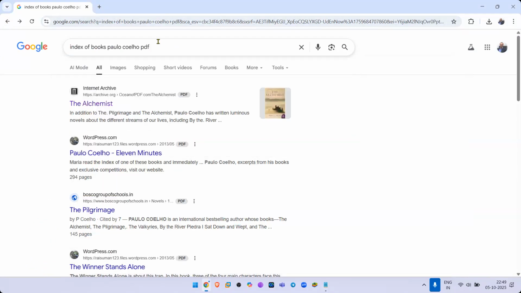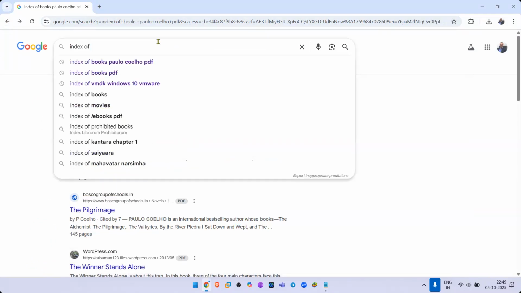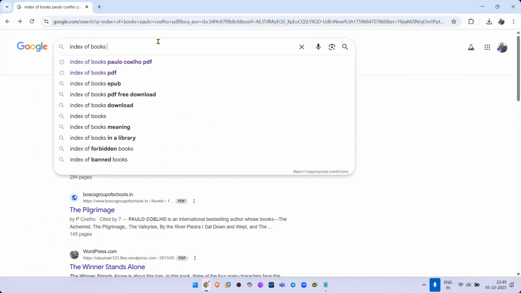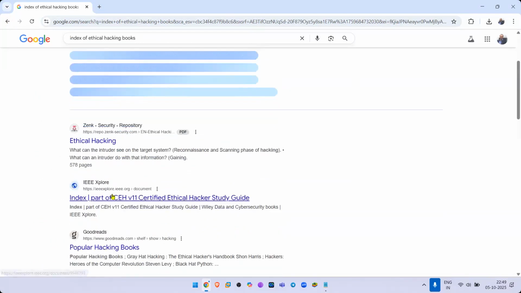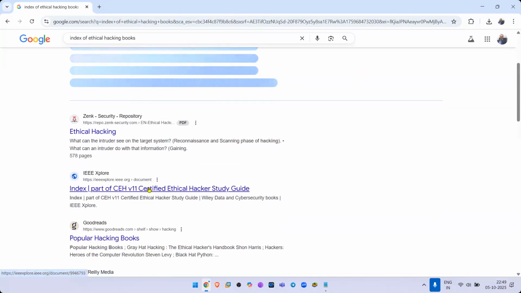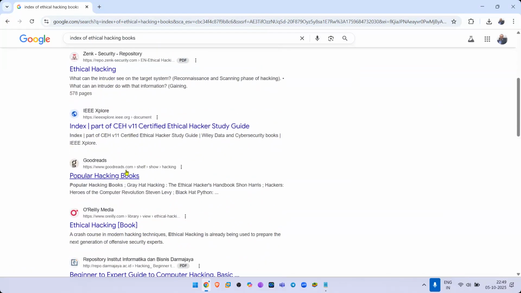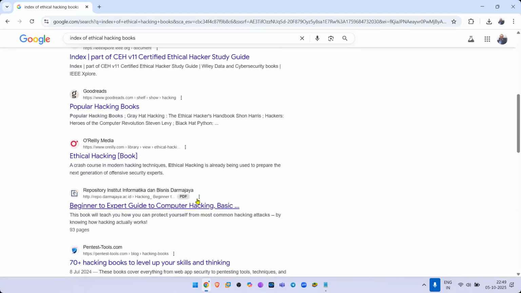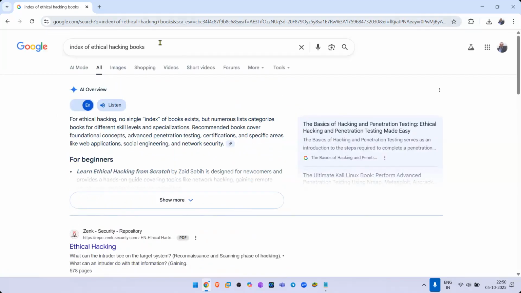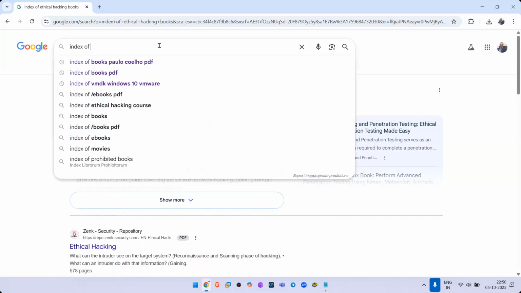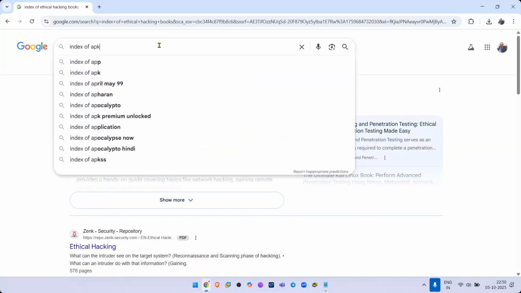Again, it is all based on your imagination. So index of books followed by whatever, ethical hacking books. And there's going to be tons and tons of them. Okay, that's a study guide, popular hacking books, ethical hacking, beginner to expert guide on computer hacking, and so much more. Okay, index of APK and a premium unlock.